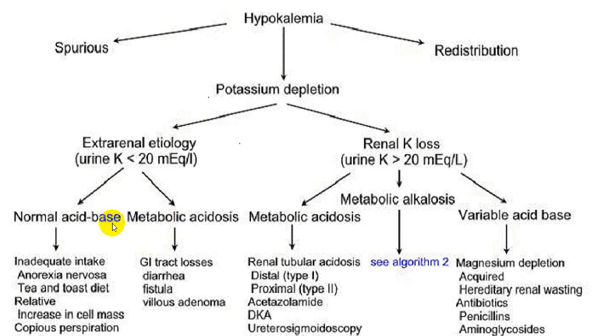But if there is a normal acid-base balance, then we look at, by and large, say suppose more of alkalosis, then we look at nausea, vomiting, anorexia, decreased intake of potassium, then excessive perspiration, laxative abuse. Laxative abuse will come here in metabolic acidosis. So these will be some of the conditions.